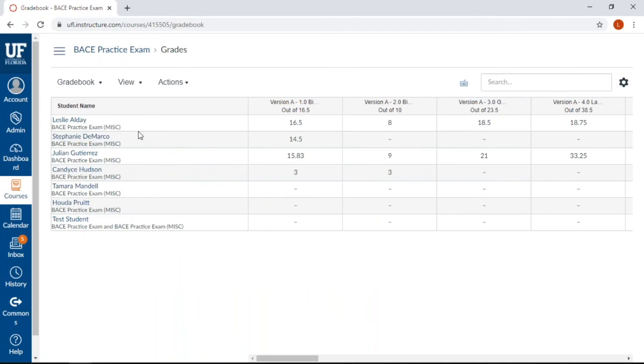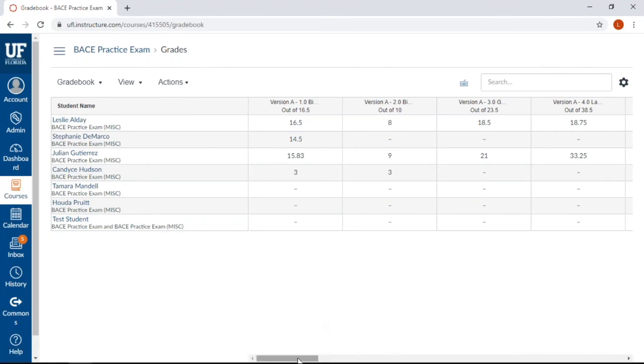This report displays candidate grades for each base practice exam, quiz, or assignment. The table offers an overview of a candidate's progression through the course and their performance on each quiz.